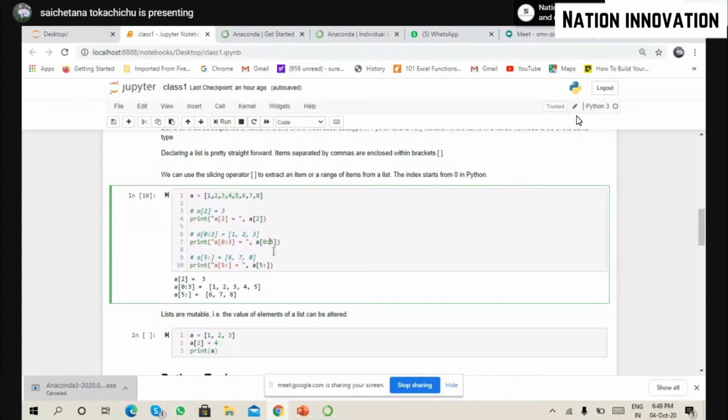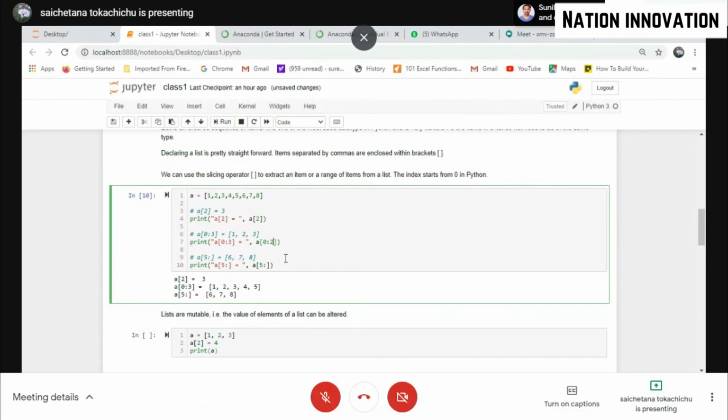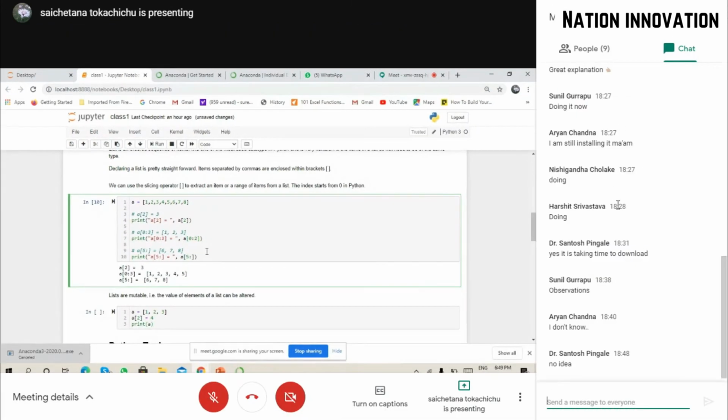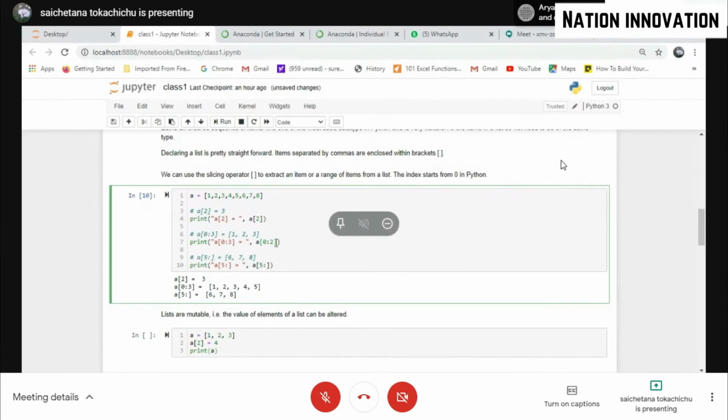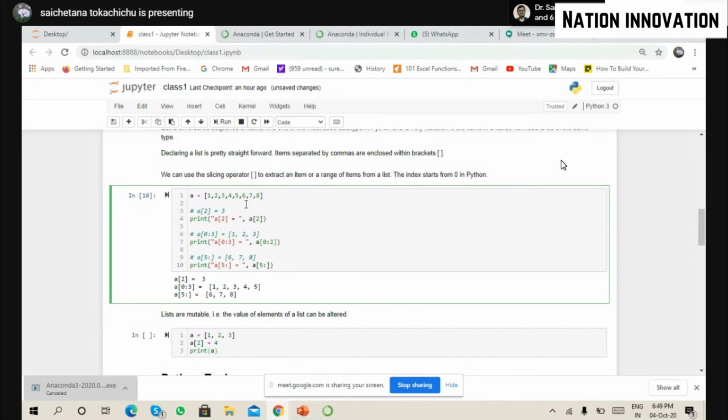So if I am saying only till 2, what will my result be? One and two only. Correct. So you got my point why we are not getting any error and still missing out: it is reading till the immediate left of the last value which you are putting.